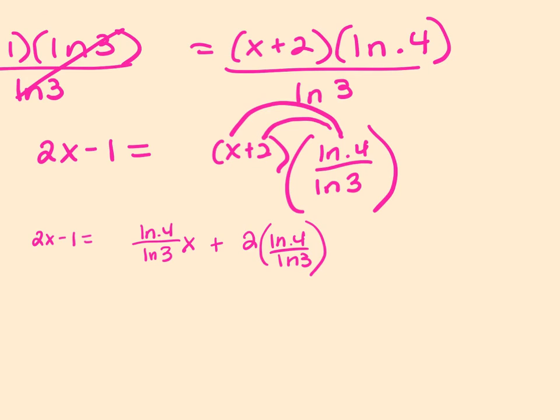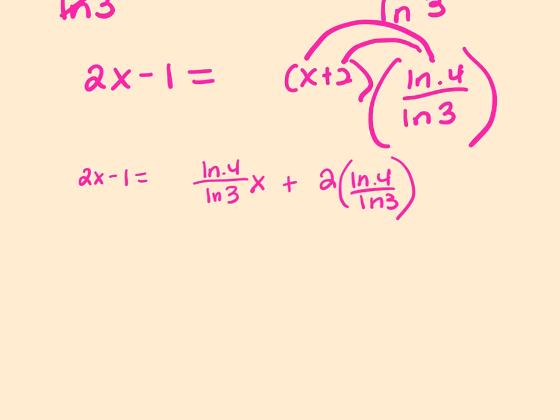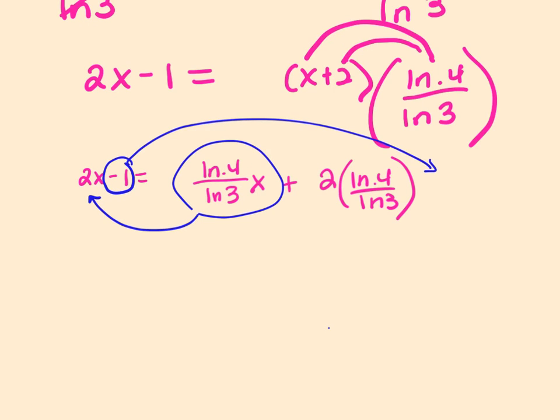So you've got to distribute when you have x on both sides of the equation, an expression, not just x, but an expression on both sides. I'm going to group together the ones that have x and then the ones that don't. So I'm going to move this. Let me change this color. It's super hard to see. I'm gonna move this to be on the side with the 2x, and I'm gonna move the negative 1 to be on the side with that yucky fraction, because neither of them have an x. So I'm gonna group my x's